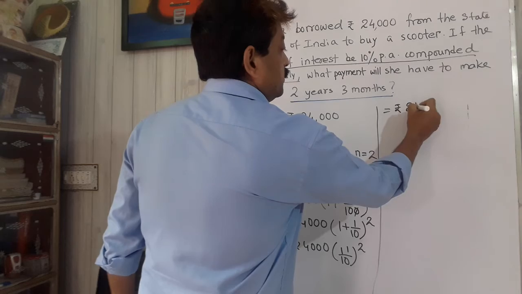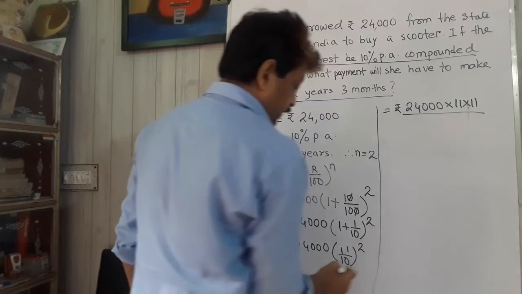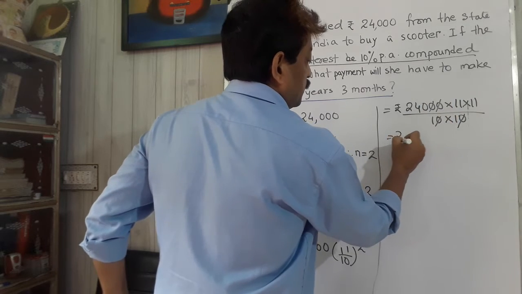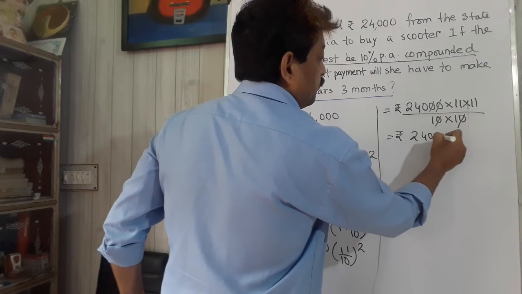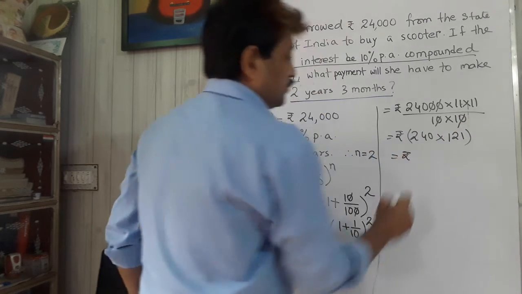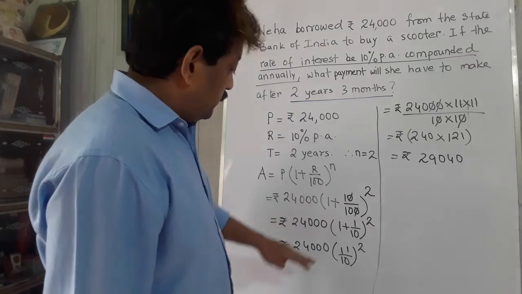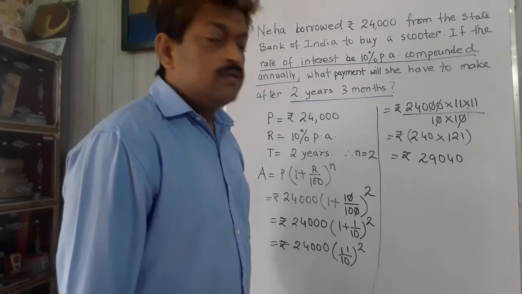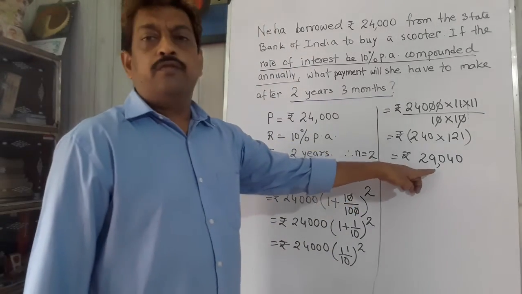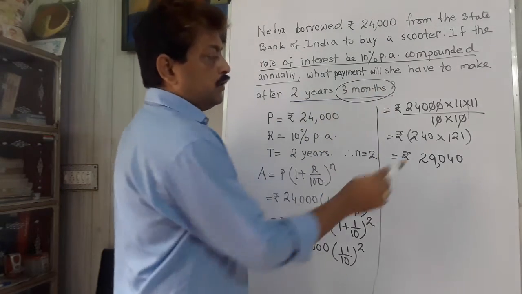Equals rupees 24,000 into 11 multiplied by 11 divided by 10 into 10. So these two zeros are cancelled. Therefore 240 multiplied with 11 into 11, that is 121. Therefore the amount obtained after 2 years is rupees 29,040. Okay. Now these 29,040 will become the principal for the next 3 months,